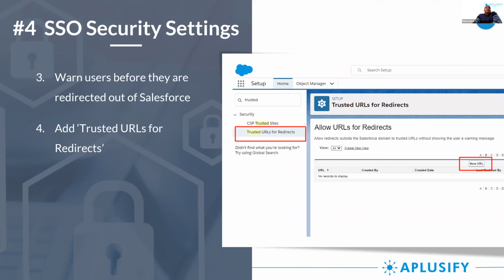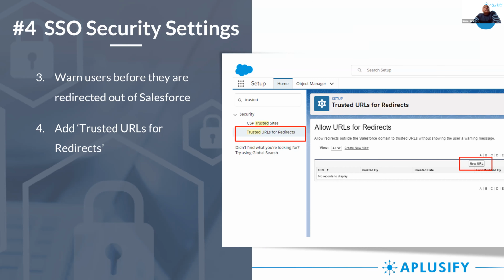Then obviously, since you have different websites built on top of your organization, there may be different community portals that you have built. So it's always good to warn your users before they get redirected out of your main Salesforce, so that they know they are no longer in Salesforce and are being redirected to a different site. It gives them the feeling that they're not in Salesforce and what they're accessing might not be bound by the security rules of Salesforce or your org. So it's always good to give them this option.